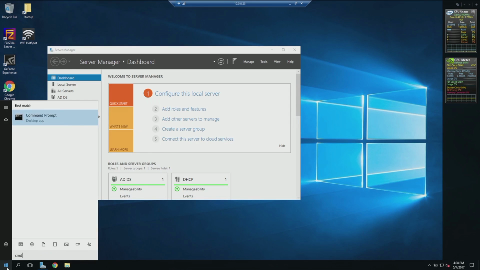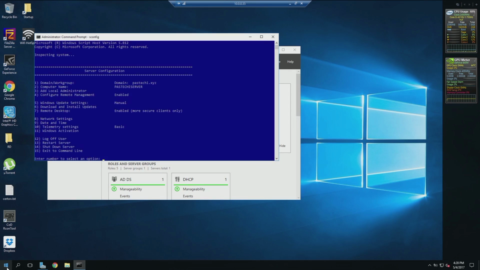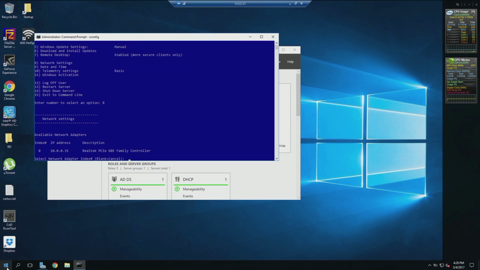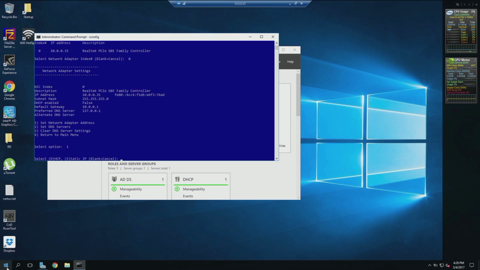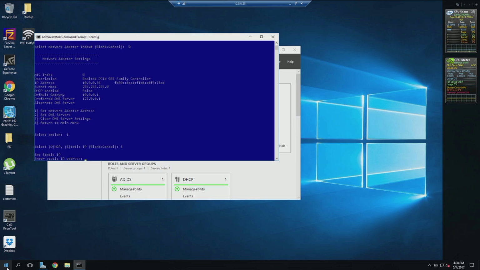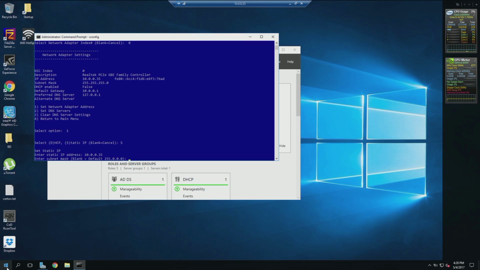You can go to CMD, type sconfig to find the server configuration, and in there we're going to go into network settings, which is number 8. Then we're going to choose the network adapter, which I only have one, which is number 0. And here we're going to set network adapter address, which is number 1. Here I'm going to choose static, letter S, and then I'm going to enter an IP address, and I'm going to choose 10.0.0.35. Subnet mask